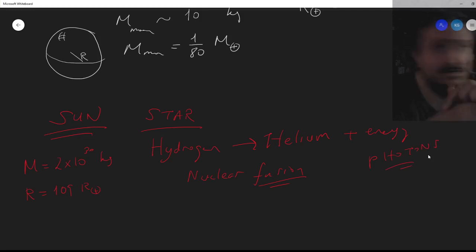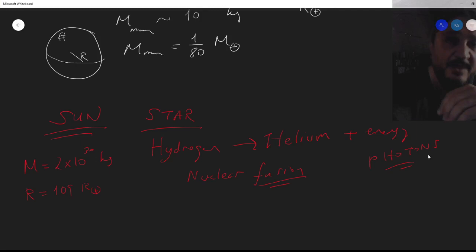So it's not a chunk of coal burning, which they used to think in the old days, in the 19th century. But it's nuclear fusion. So it's mostly hydrogen, which turns into helium, but this takes a long time. When the sun runs out of hydrogen, it's going to start burning helium, which means helium will be pushed to a proton, and then higher elements, heavier elements will be formed.